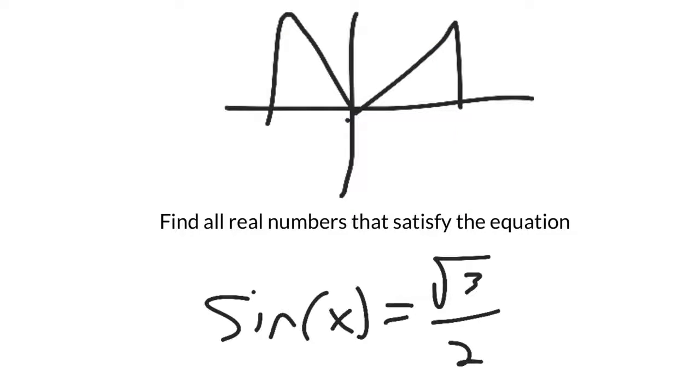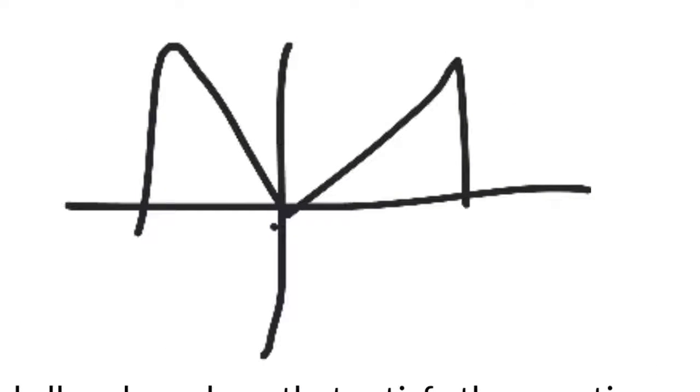All students take calculus. That's the way I usually teach students to memorize where sine, cosine, tangent are positive. All are positive here. Just sine is positive here. Cosine's positive here. Tangent's positive here. And cosine's positive here. So to make a square root of 3 over 2 ratio for a sine, this needs